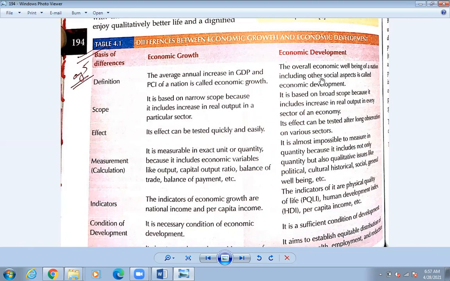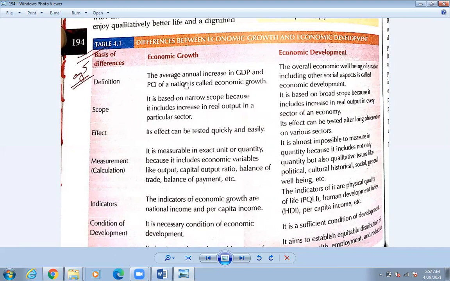the nation including other social aspects is called economic development. Okay, so this is development, as well as other social aspects too. Okay, so developing like that is what we call economic development. There are other factors too, and including everything that helps develop well in a broad way, developing completely, we call it economic development. So scope, we can see over here, this is the narrow